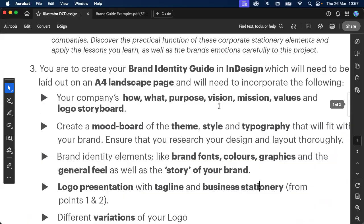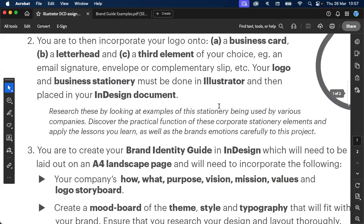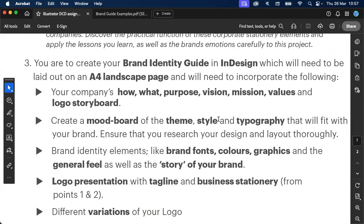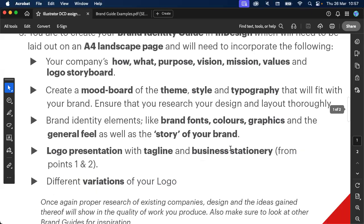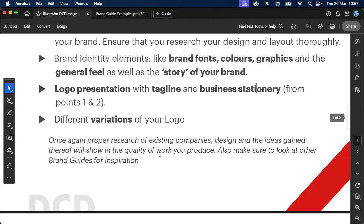So after you've made your business card, your letterhead, and your third element, you take that and you now add it into your InDesign document. You export that as a PDF, export it as an image, and you put it in your InDesign file. This is now for showcasing purposes. And what you can also include is